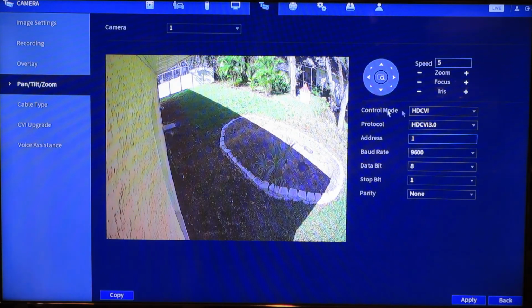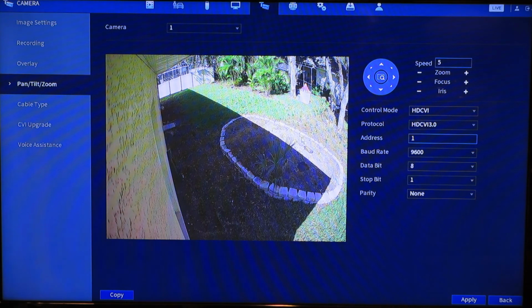Pan and tilt, if you have better cameras, you can actually zoom in and have it applied, and it'll only record a small section of the video. You can do that with the motion detection. This actually adjusts the actual camera focus and stuff like that. These cameras aren't that good. They can't do some of these features, so I'm not even going to go over that.